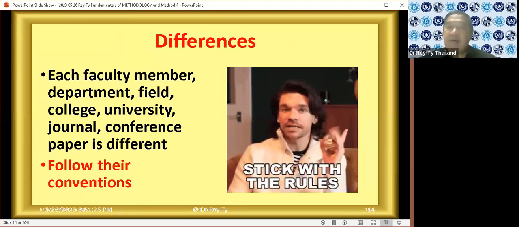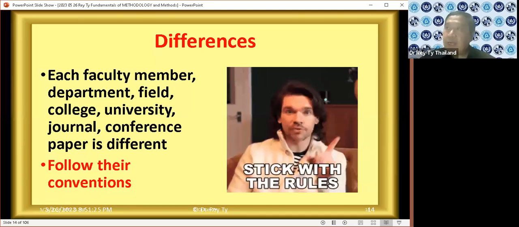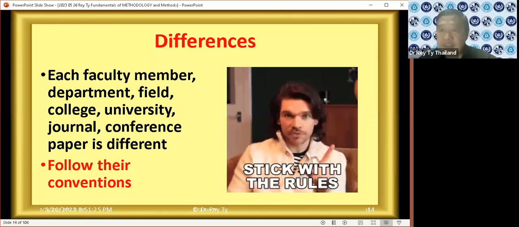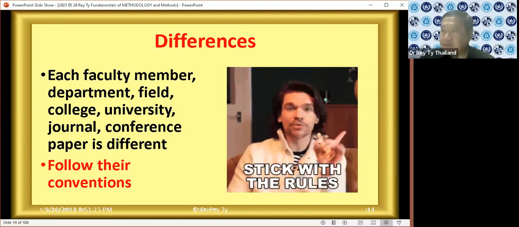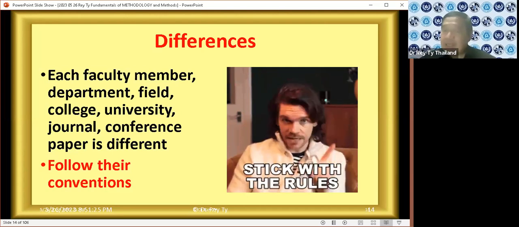So all of them have different training in writing, dissertation, and publication. Each department has its own set of rules. In each field, for example, in political science, even if it's qualitative, they use the word hypothesis. But in other fields like sociology and anthropology, they do not use the word hypothesis if it's qualitative. And each college, each university, like our university, has its own rules of what they expect to see in